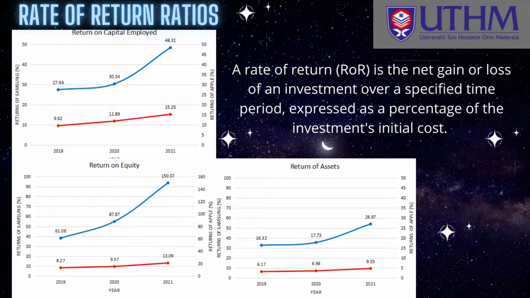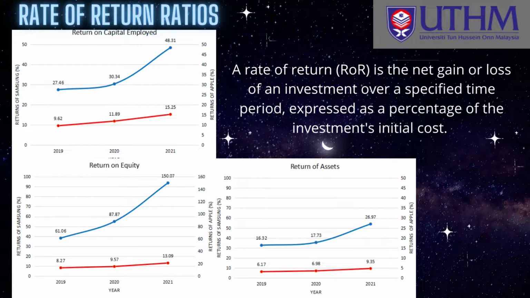Profitability ratio has also been analyzed using the rate of return ratio, the net gain or loss of an investment over a time period, expressed as a percentage of the initial cost. Return on assets demonstrates the growth rate in profits generated by the assets owned by a company. Return on equity signifies how good the company is in generating returns on the investment it received from its shareholders. Return on capital employed is used to assess a company's profitability and capital efficiency. Based on these three graphs, we can clearly see that Apple recorded the higher percentage of return than Samsung